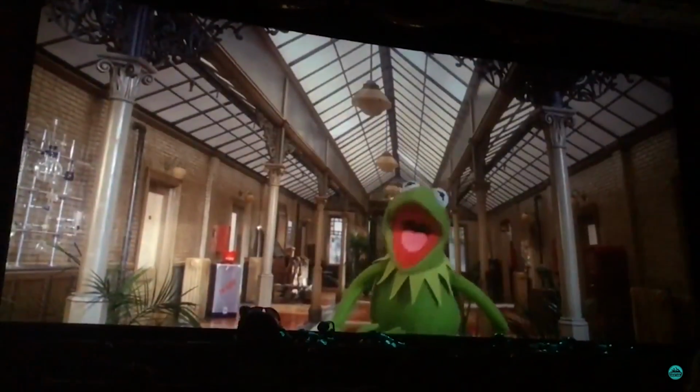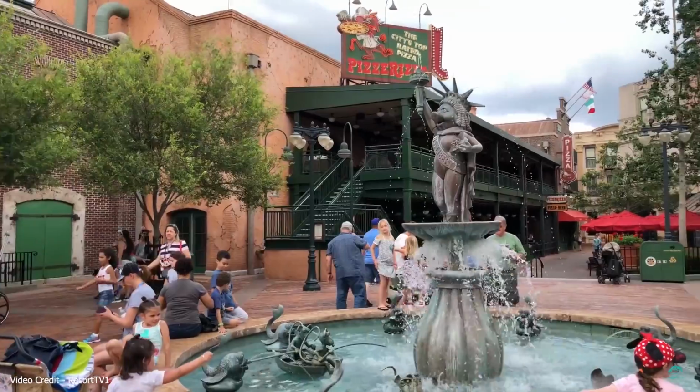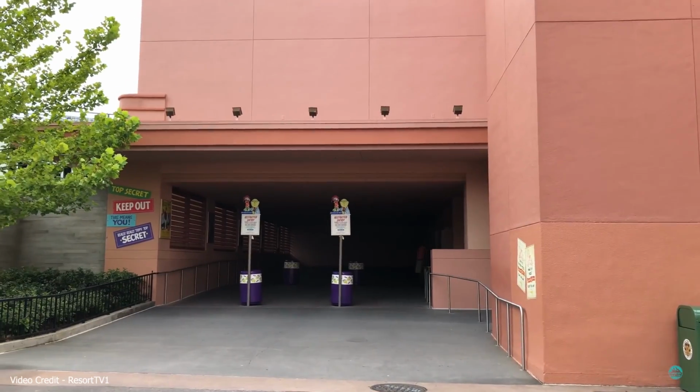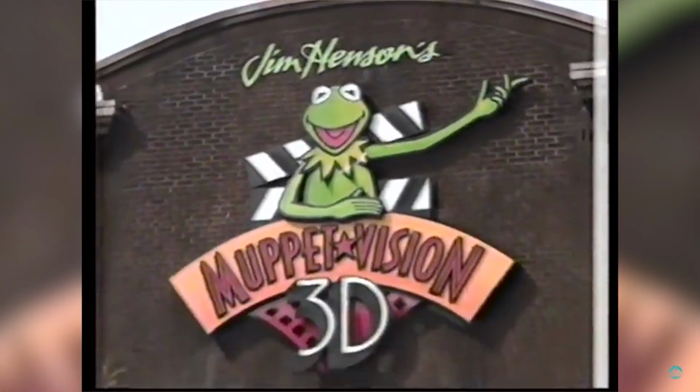Muppet Vision, as the name suggests, is a 3D film based on the popular Muppets TV show, located at Disney's Hollywood Studios, now on Grand Avenue. While not much has changed with the attraction itself, it's what didn't happen surrounding this ride that makes this expedition interesting. Originally called Jim Henson's Muppet Vision, this attraction opened 2 years after the park first opened its doors on